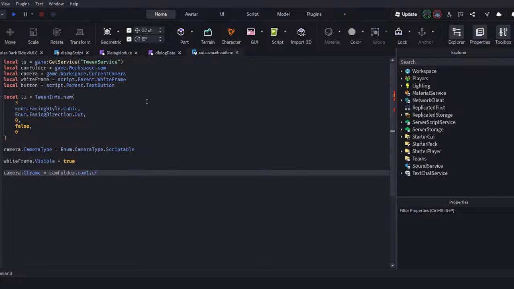Copy this, paste it underneath. And instead of this one, we can do camera. Tween info, we'll keep that the same. And instead of changing the background transparency to 1, we'll do keyframe equals cam folder.cam2.CFrame. Now all we have to do is make the